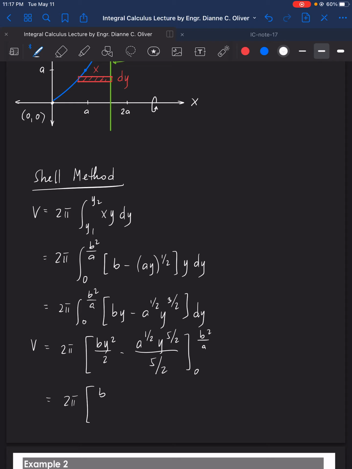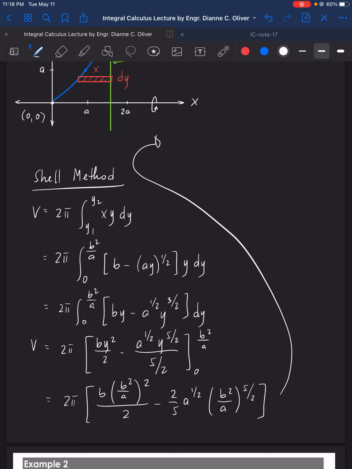So we have the b multiplied with b squared over a squared over 2 minus, this becomes 2/5 a raised to 1/2, and then we have here b squared over a raised to 5 over 2. Let's use this extra space here. Then we have now 2 pi, and this becomes